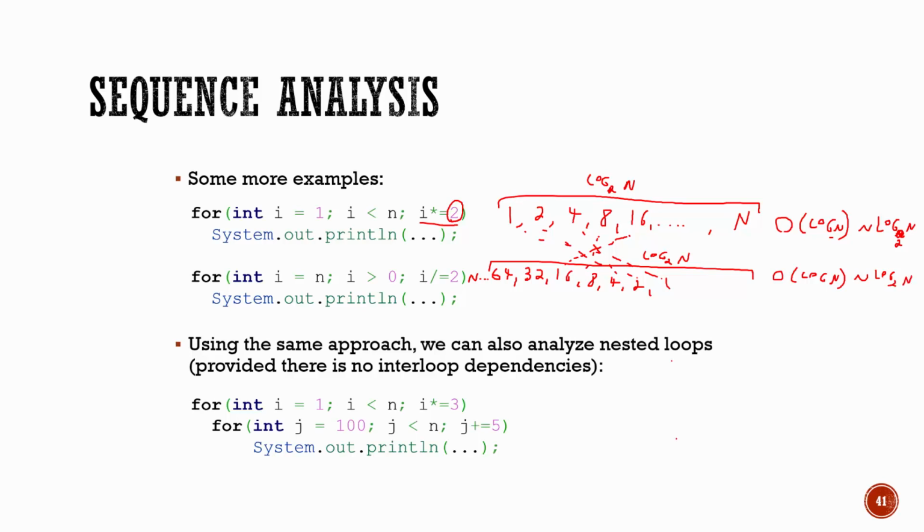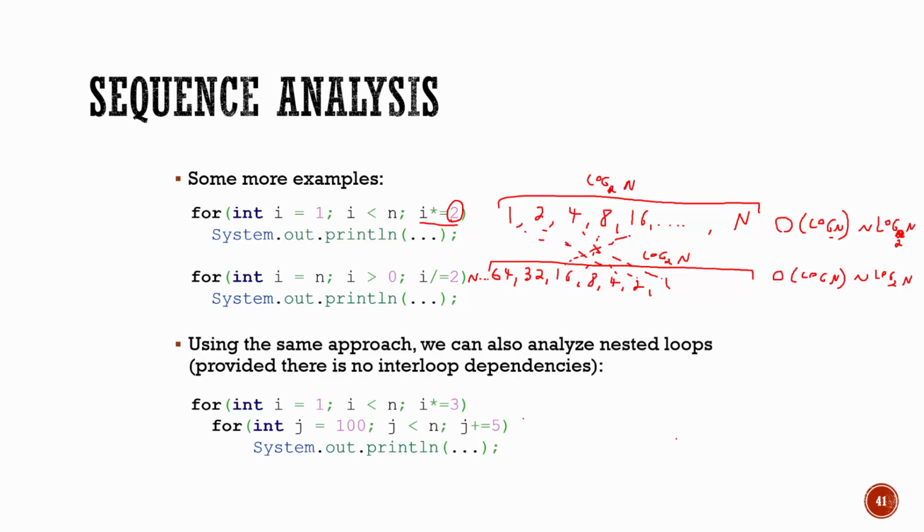So let's take a look at the bottom part of the slide here. We have another problem. This one's a little bit more complicated. I would suggest that you start by trying to figure it out yourself. The rules we talked about apply here. And also, if you have nested loops, the way you analyze them is by multiplying them together. You analyze the first one, then the bottom one, multiply them together, and that's your final answer. So take a minute and try to figure out the big O from this. If you want, you can try for the tilde as well. Then I'll work through it and we'll see together what the answer is.